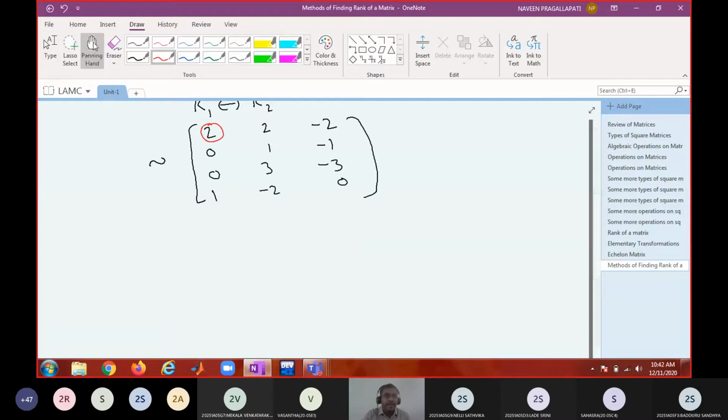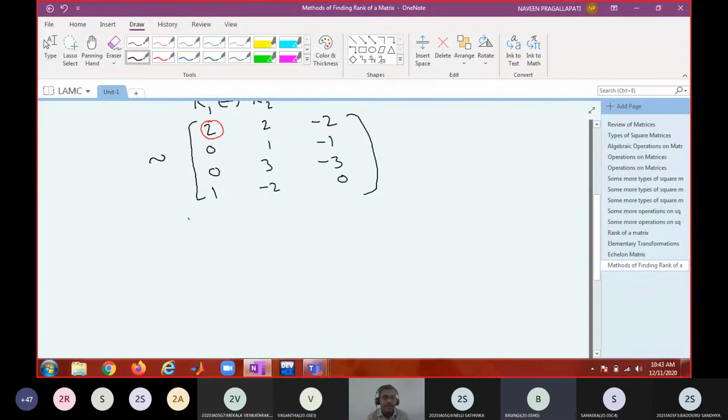So here the pivot position is fixed here. Then you have to make the entries under the pivot 0. Already these two position entries are zeros. Only this entry has to be made 0. For that you apply row operations. Because we are in the first row, you apply the current row and this row. You use R1 and R4 to make this entry 0. Can you tell me the row operation for it? R1 minus 2R4.